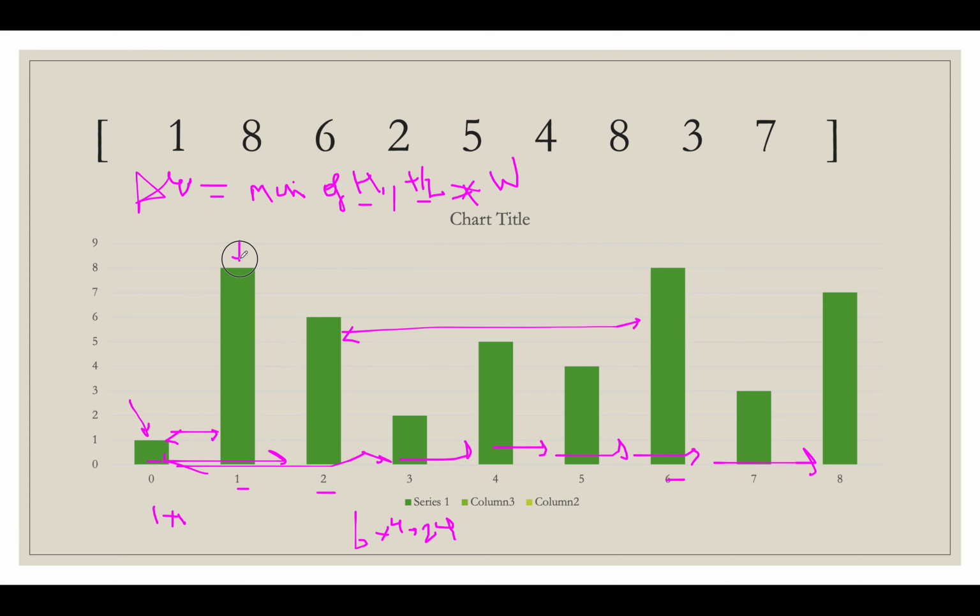So here we have confined and restricted one position of the wall, and for each of the other indexes we are calculating the area, and through the process whatever the maximum area is, that would be your answer. So this is the first approach, which is pretty simple to come up with. The complexity here would be order of n square. And now let's talk about an optimized solution, which is slightly trickier.